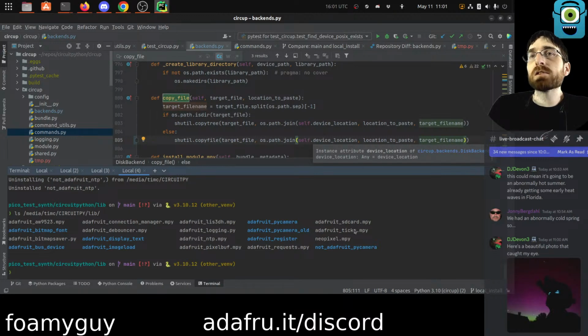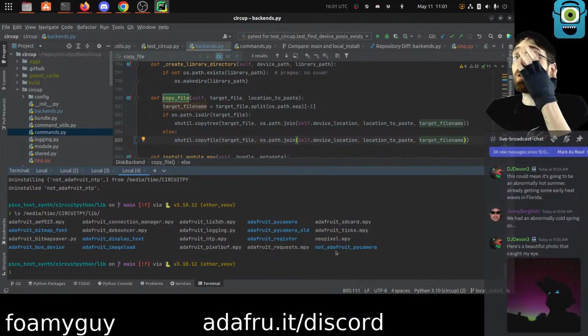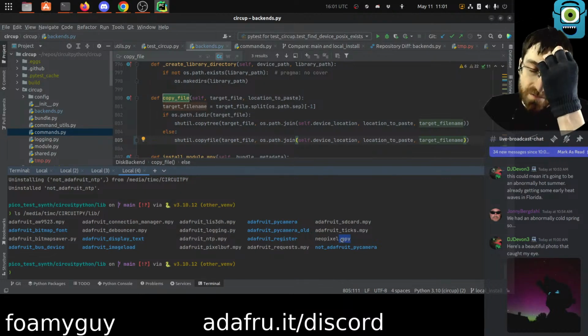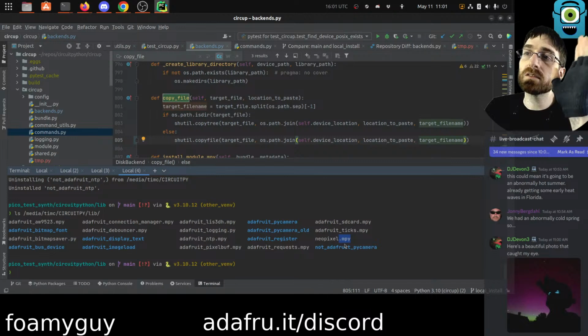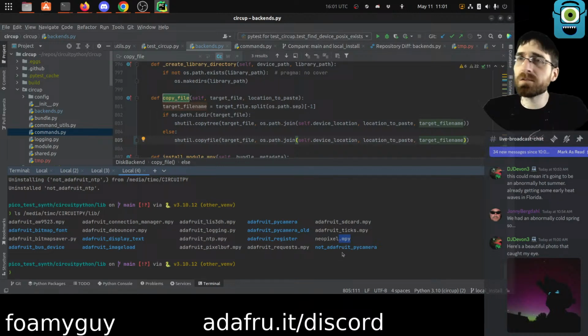Yeah, that's just kind of a quirk of targeting a file. I mean, I guess we could try to do some logic of like make the install work even if you omit the .mpy, but then it's ambiguous because there could be neopixel.mpy and a folder called neopixel, so then it would have to be an error or choose between. I think it's better to just be specific with the install, even though that actually makes it so that the uninstall command